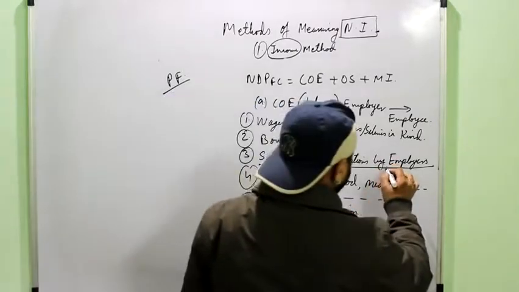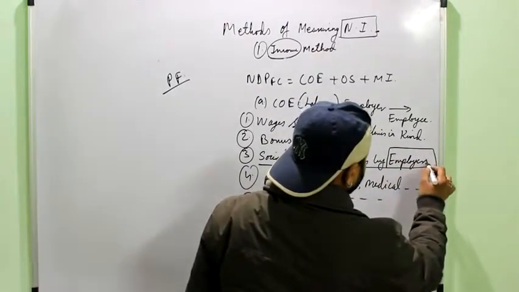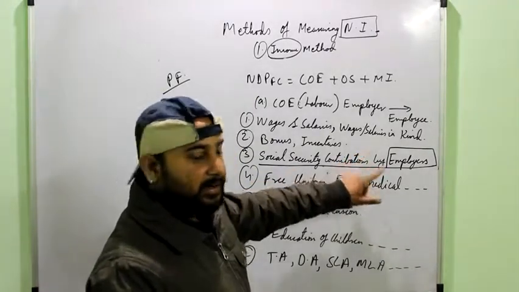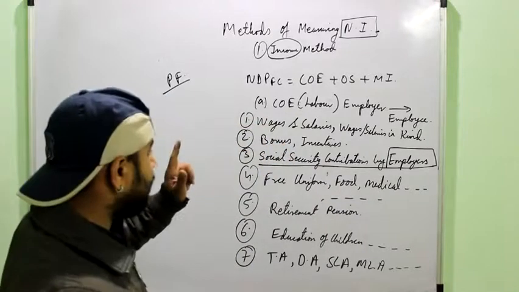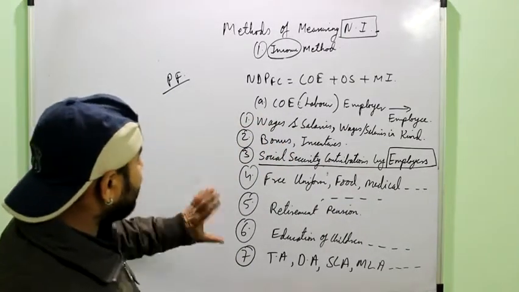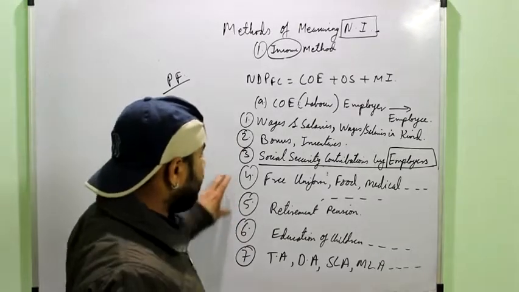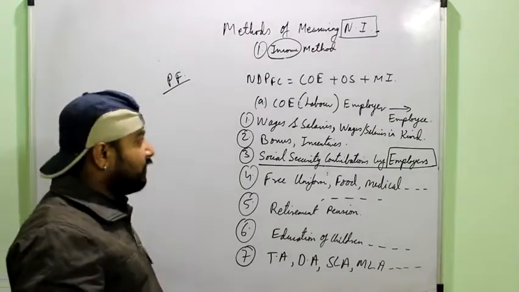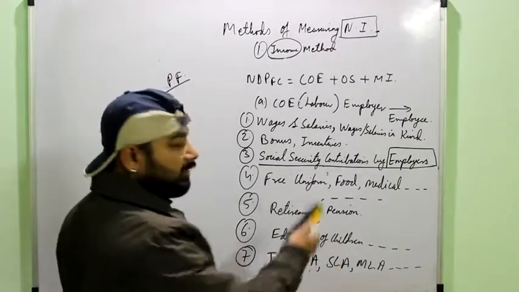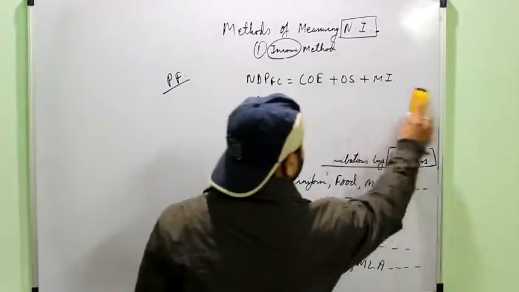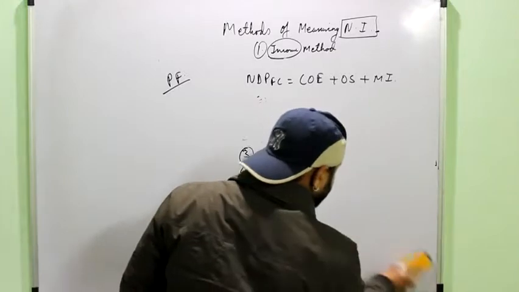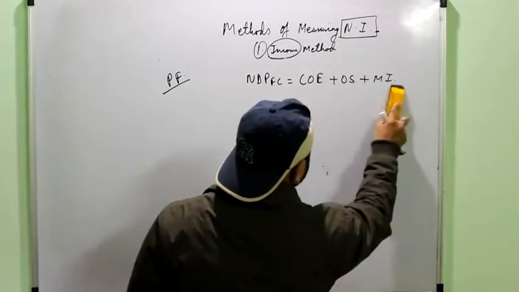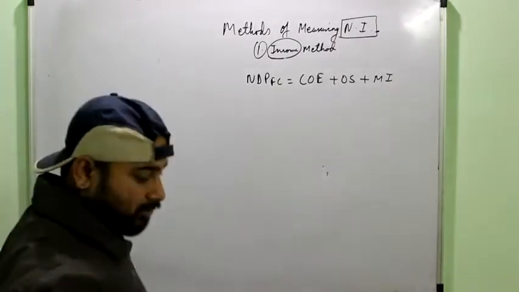One more thing that you have to take care of is that only when it is the contribution by employers, it will be added. If it is the contribution by employees, then it will not be added. It means it has already been added in the salary of the employee. Then these are the various elements of COE. So the first target whenever you are solving your question is to find the COE. And it is simple to judge: if the money has been paid for providing labor, from the employer to the employee, it will be part of COE.